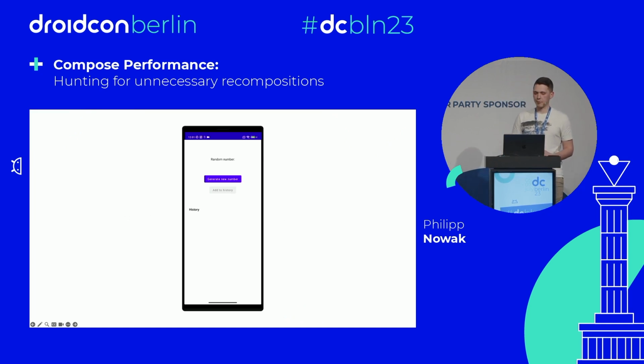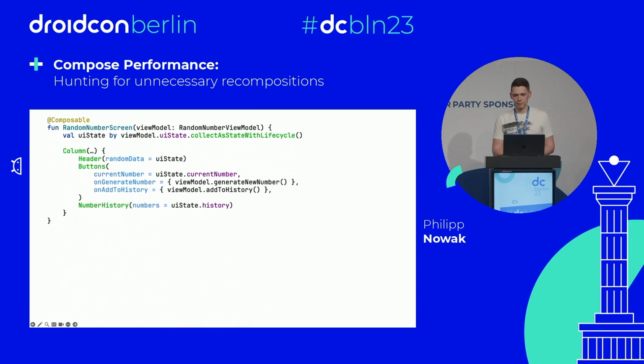This time we have some kind of random number generator. You can see every time I click on this upper button, a new random number is generated, and when I click on the lower button, the currently generated number is added to some kind of history. I can generate multiple numbers without adding them to the history, and I can also add the same number to the history multiple times. If we look at the code, we can see that we got 3 important child composables